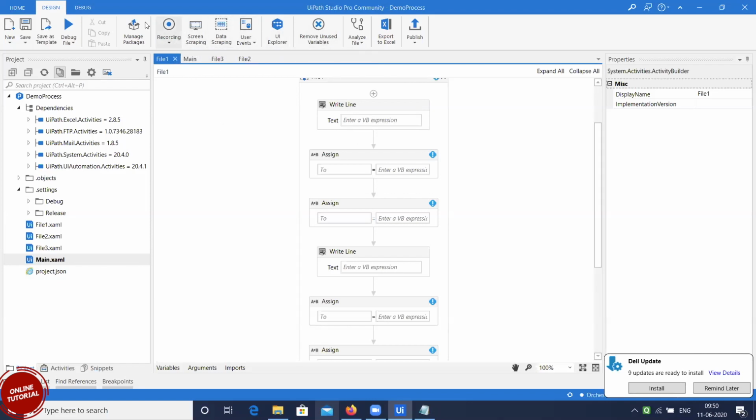Next, two separate topics that will come are screen scraping and data scraping. In screen scraping, we are going to learn how to extract the data in a text format. It's nothing but your OCR engine only. So using OCR, how do you extract the data in a text format? That is through screen scraping. Whereas data scraping is where you extract the data based on a pattern.